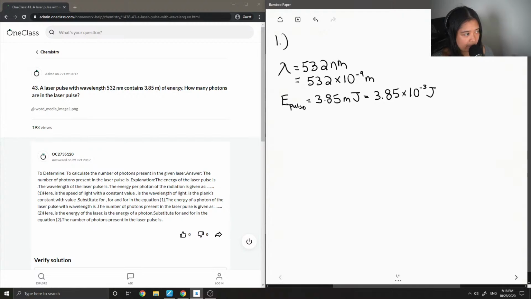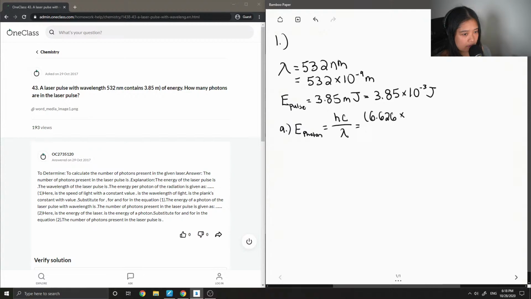Okay, so we know the wavelength. This is like a two-part question, because first we are going to calculate the energy of a single photon. This energy is different than the energy of the laser pulse, because the question asks how many photons are in the laser pulse. So first we're going to figure out how much energy is in a single photon. To do that, we use the equation E equals hc over lambda. So h is Planck's constant, and its value is